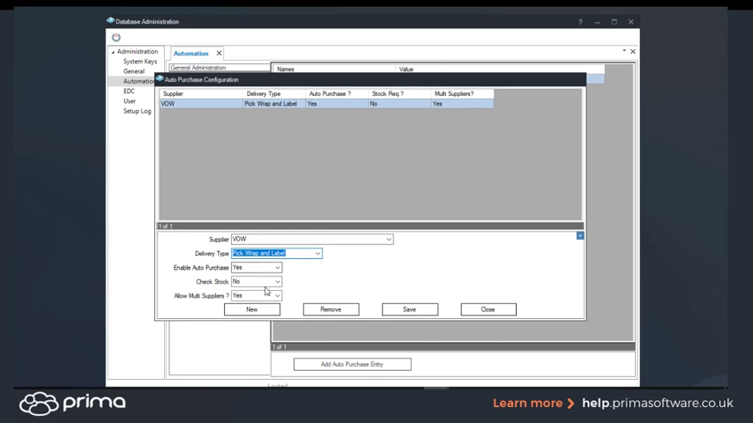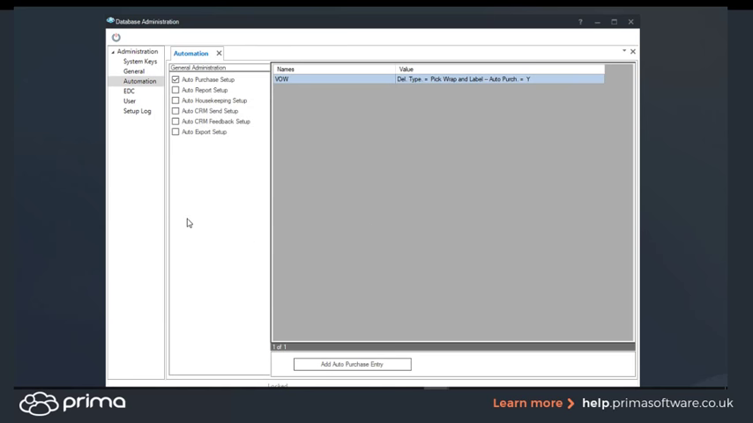So you come into here and set up your suppliers. If you want to create a new one, hit new, select your supplier, enter your filters, and save that in, and then the system is set up for that supplier for automatic purchasing. That's the first layer of it, and then you need to set it at a company level. So if I go into Prima Cloud, which I've got open already, into your company area,